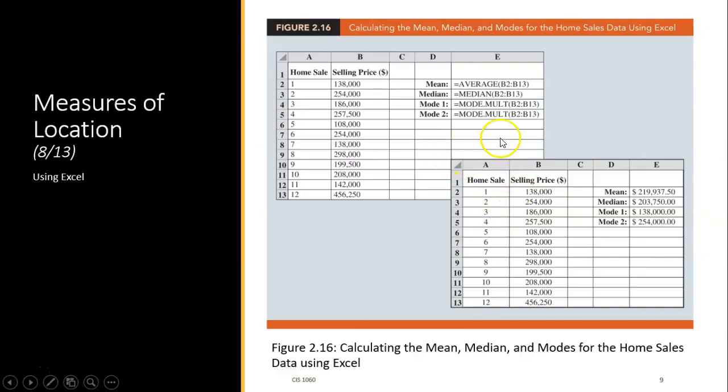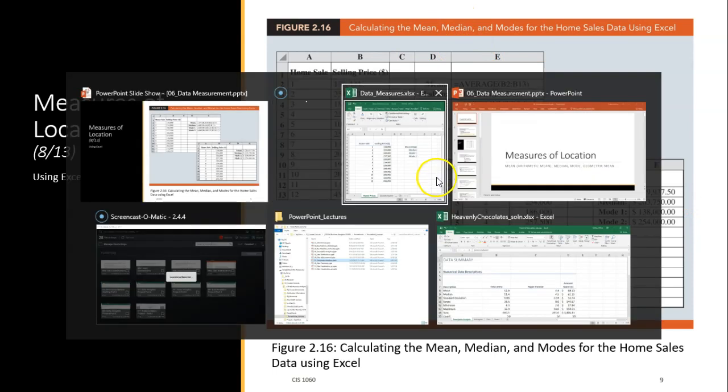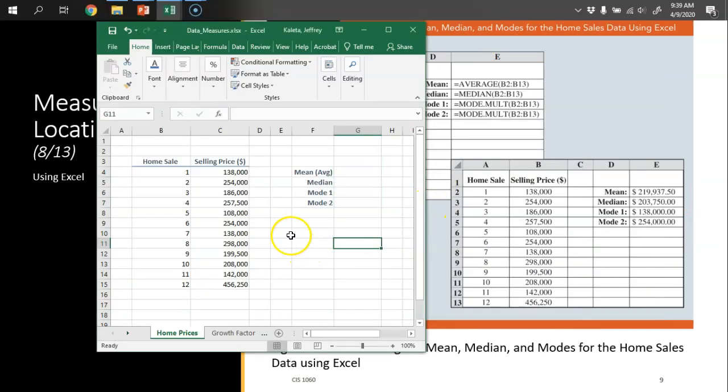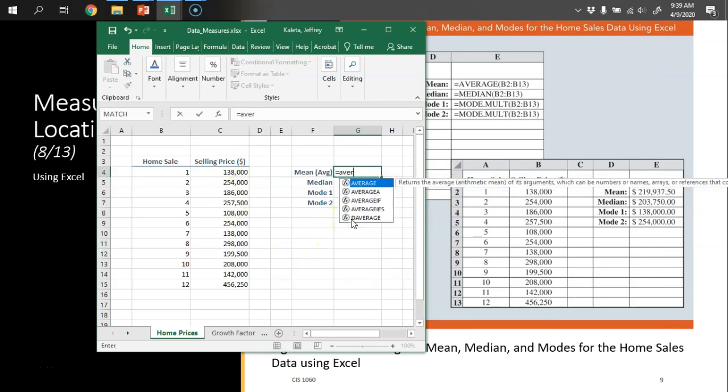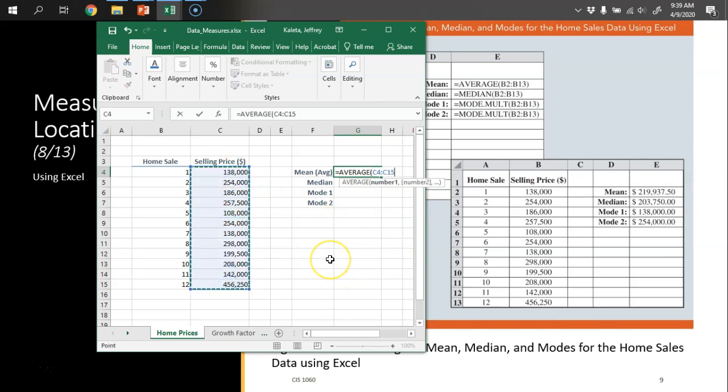So for your reference, these will be the formulas that I'm going to demonstrate how to use, and then we'll be able to calculate these values. And if you look earlier in the slides, you can see this is what we're going to calculate. I know that's meaningless here, so I think it's more valuable for us to demonstrate it. So let's go back here to Excel. Here is the data set. And so basically we'll type in average, and we're going to select the cells and close our parentheses,